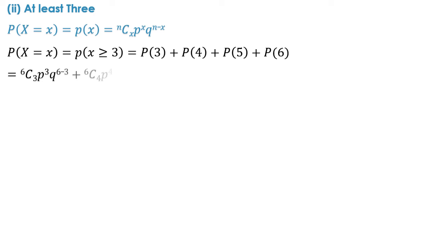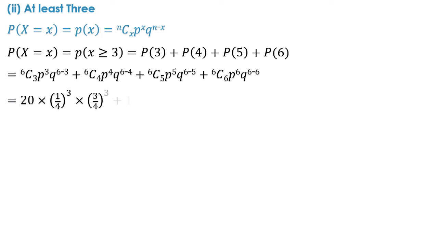So 6C3 p raised to 3 q raised to 6 minus 3 plus 6C4 p raised to 4 q raised to 6 minus 4 plus 6C5 p raised to 5 q raised to 6 minus 5 plus 6C6 p raised to 6 q raised to 6 minus 6. So moving on, 6C3 is 20, p raised to 3 is 1 upon 4 raised to 3, q raised to 6 minus 3 is 3 upon 4 raised to 3, plus 6C4 is 15, p4 is 1 upon 4 raised